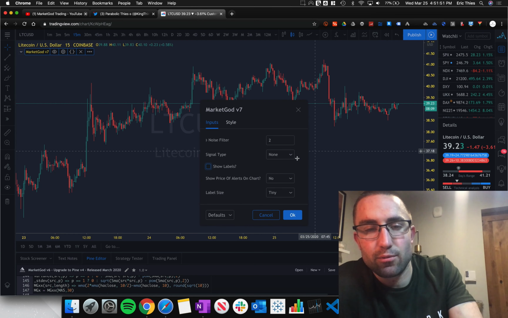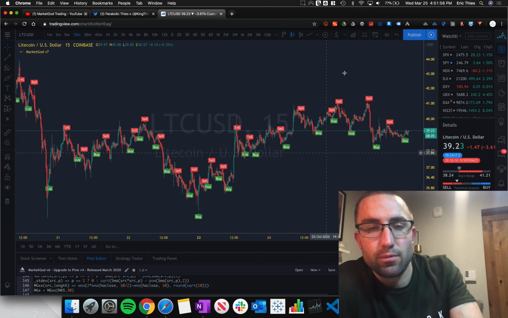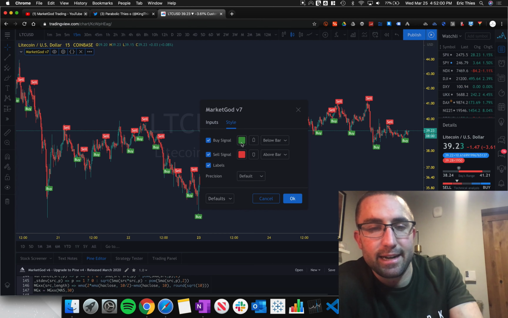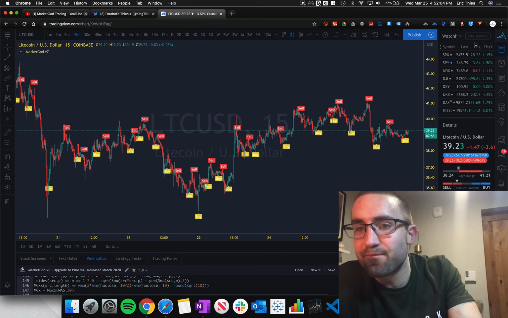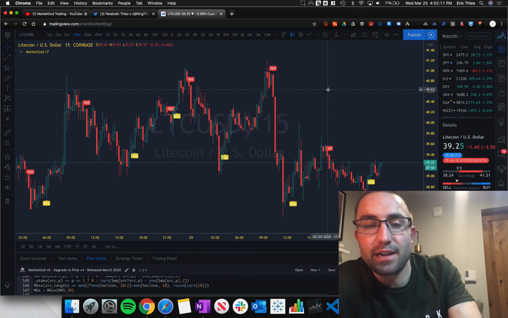If I didn't want to see labels and I just wanted the old style buy and sell, we can do that too. And you can still customize it as needed. If you want to make it whatever colors you want, we can make it happen. Awesome. So once it's all set and you've got your chart set up with your indicators on the chart,